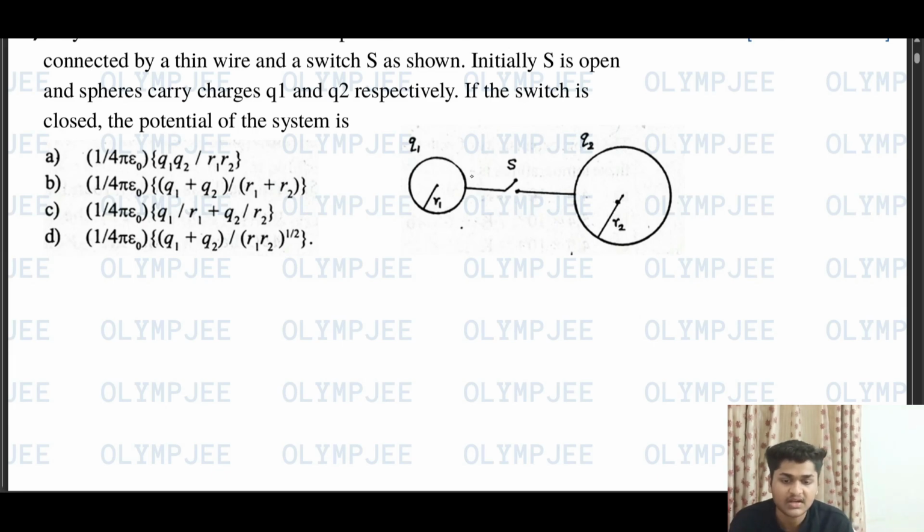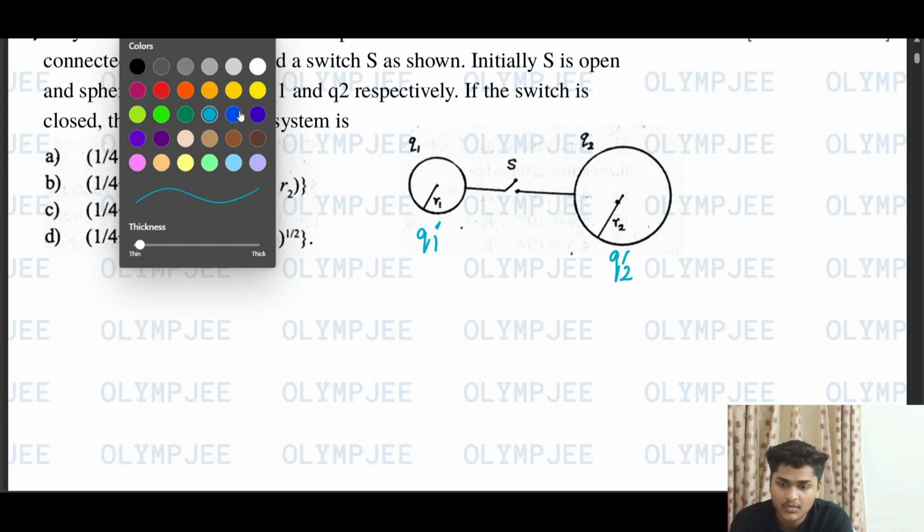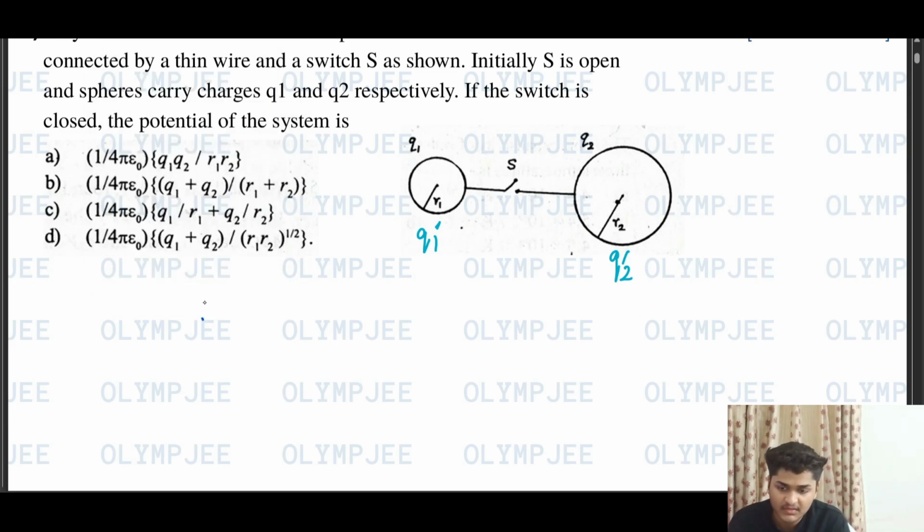So let us assume that after closing, the charges become q1 dash and q2 dash. So one equation we have is q1 dash by 4 pi epsilon naught r1 is equal to q2 dash by 4 pi epsilon naught r2. So this is one equation,